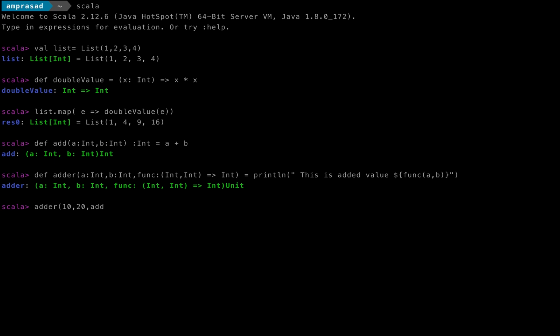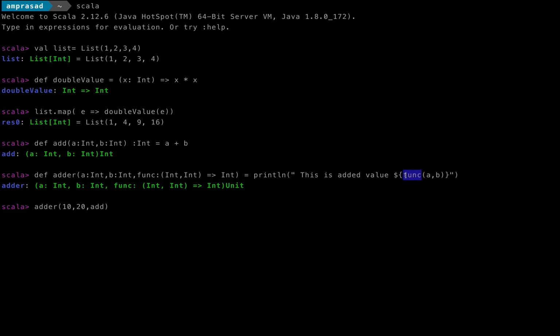Note that in the add function we are not going to pass anything, because as soon as we pass add, it will check whether it is defined for two arguments. The first check is a two argument function, so yes it is. Second is whether those values are Int, which also passes. Third is whether it returns Int, which also passes. So we will just send it.